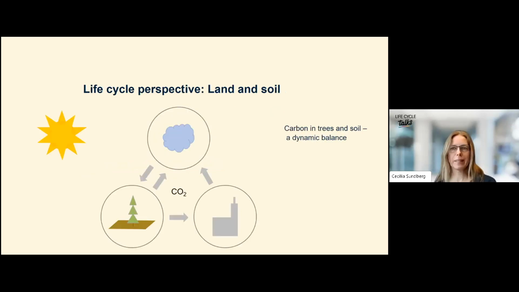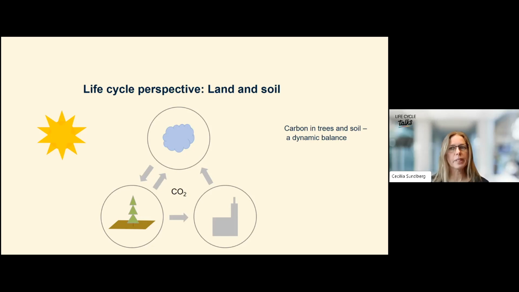So we have one excellent method for removing carbon dioxide from the atmosphere, and that's photosynthesis. Plants use solar energy to take up carbon dioxide and build organic carbon molecules. And this can be stored in the plants, in the trees, also transported into soils and in rather stable molecules there. Some of this remains in products, but this is also a balance, because this carbon dioxide is released again through respiration, through combustion.